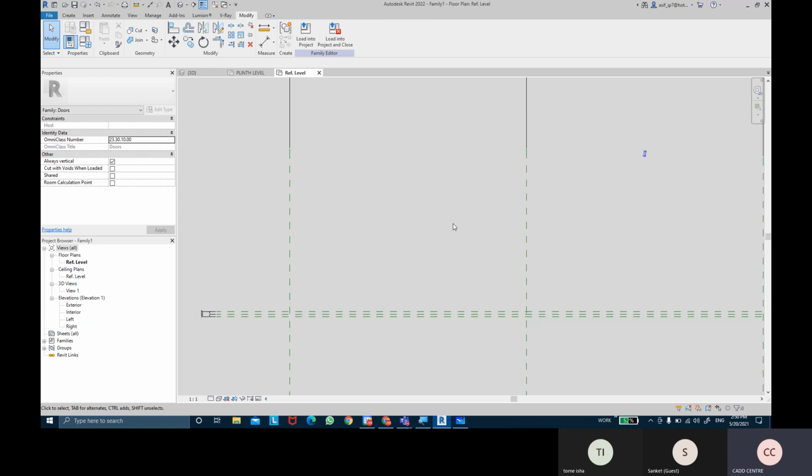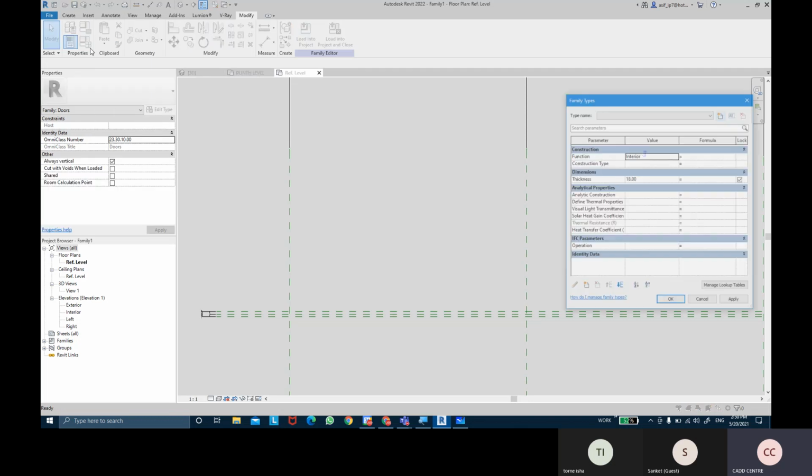To do that, I'm going to come into this option called Family Type. In the same family only, I'm going to create the double door type. So within one family, we will create types of doors: a single type and a double type, so that I don't have to build the family again and again. If I want a single panel door, I can make it a single panel door simply by clicking a button, and if I want to convert that single panel door into a double panel door, I can make that into a double panel door as well.